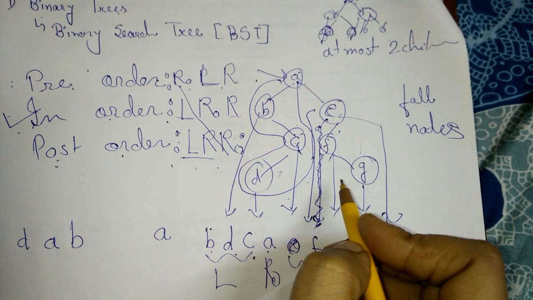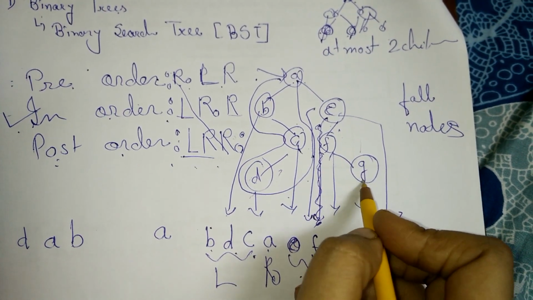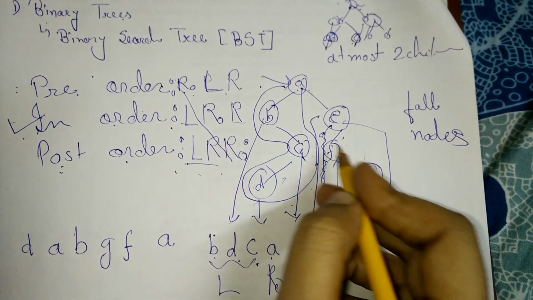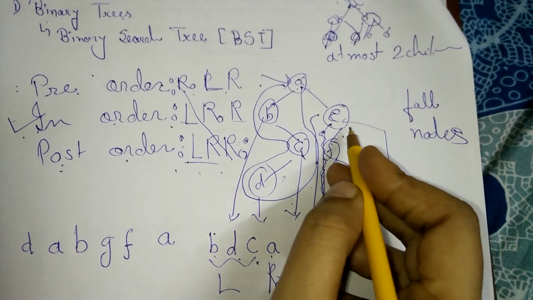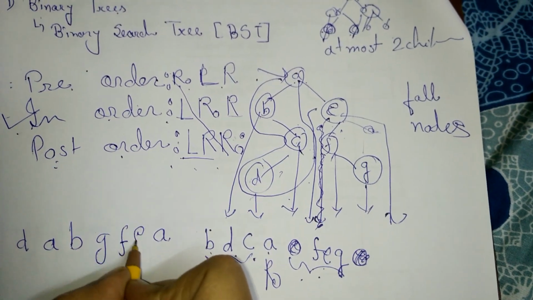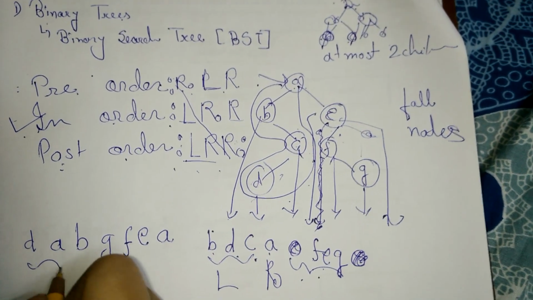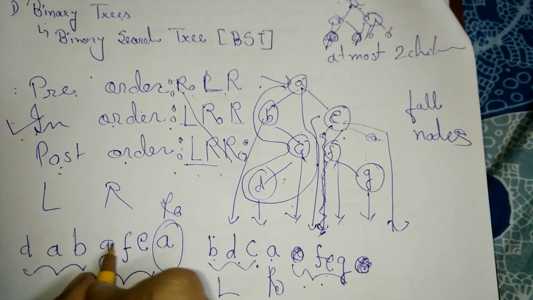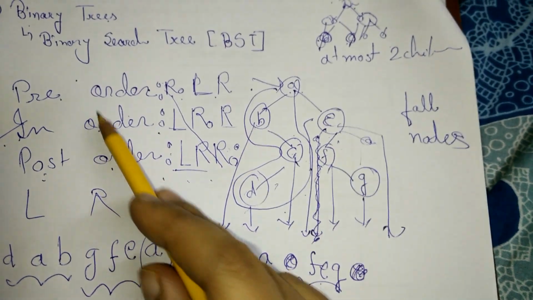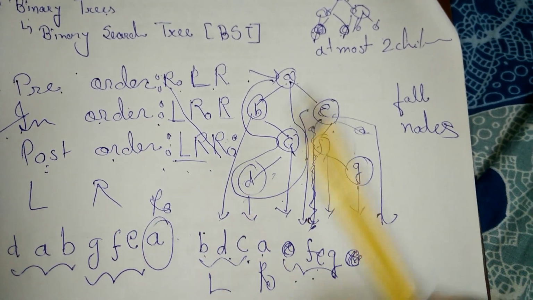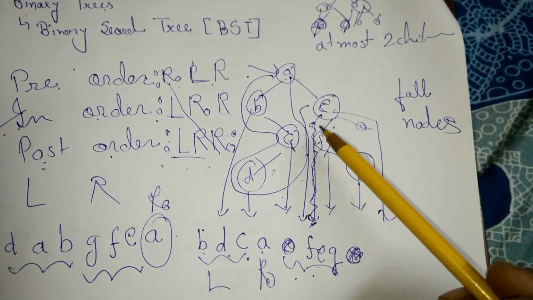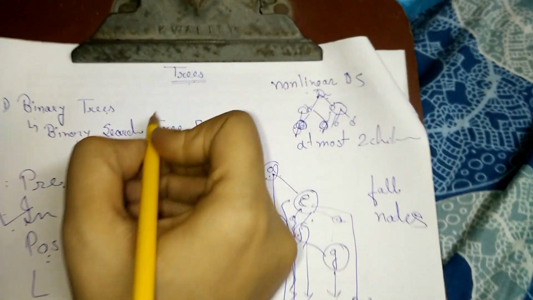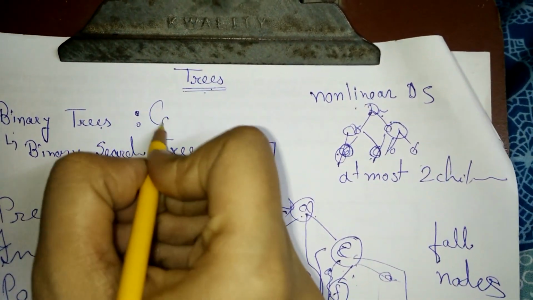Again left, we are now having nothing. Then right and root. This completes your left subtree. Then we are having nothing on the right of E, so lastly the root E. So this is your left subtree, this is your right subtree, and this is your root. This is how we find the pre-order, in-order and post-order traversal of any binary tree. Okay. Now next we have another term called a complete binary tree.